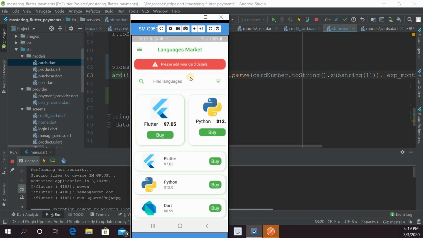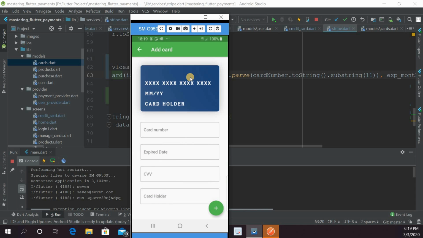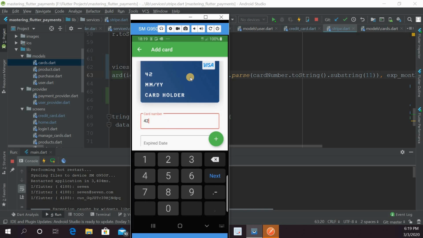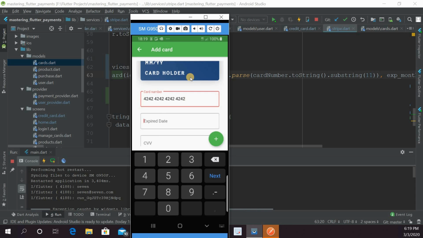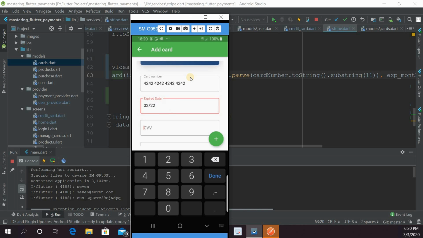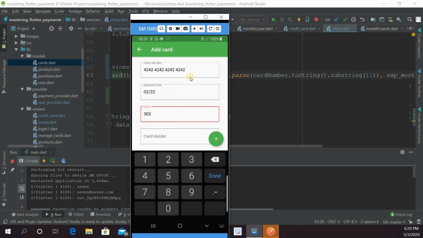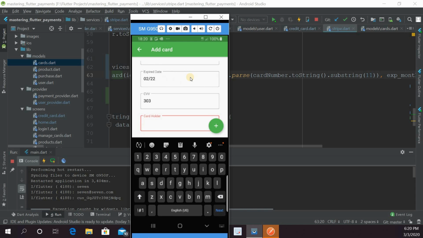It's telling us we don't have a Stripe ID. That's why we have here, please add your credit card details. We are going to click on this. Again, we are going to do 4242 for our test card. And